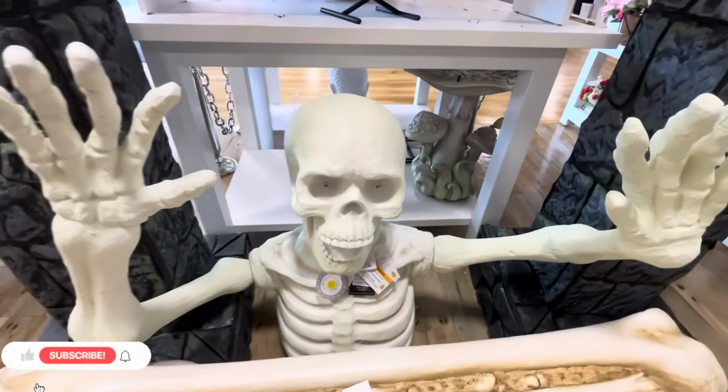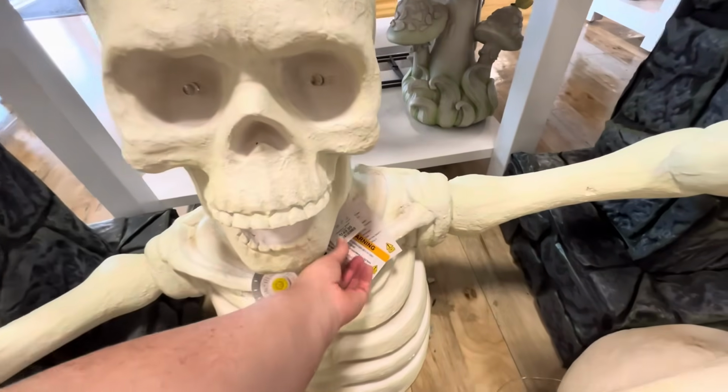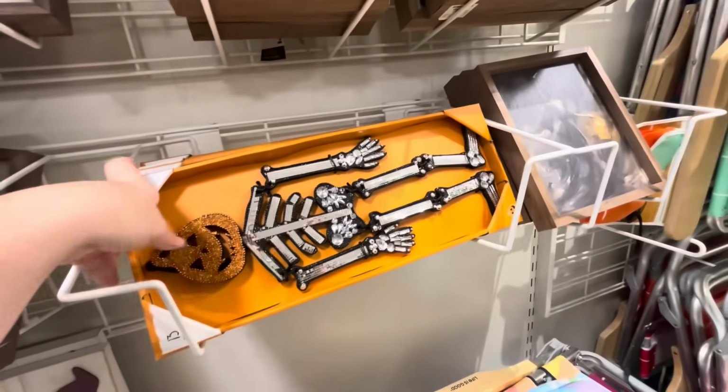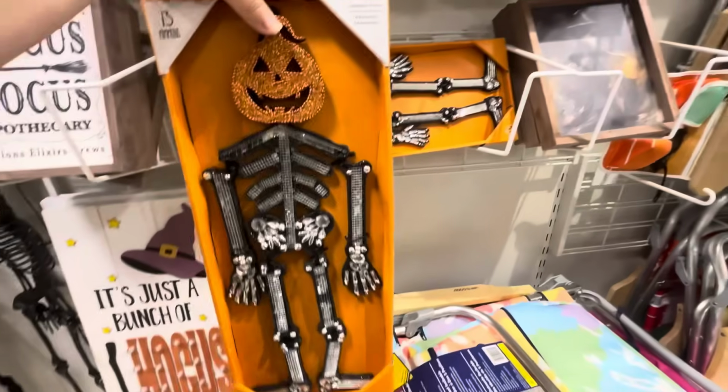And then they also have this glow in the dark skeleton, y'all. Like Jack Skellington, and he's only $150 for his size. I think that's a great deal, and he glows in the dark. That's so cool. So I walked to the end, and we're seeing a lot more of those picture frames and stuff